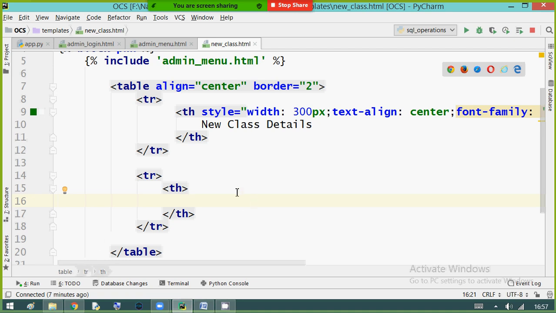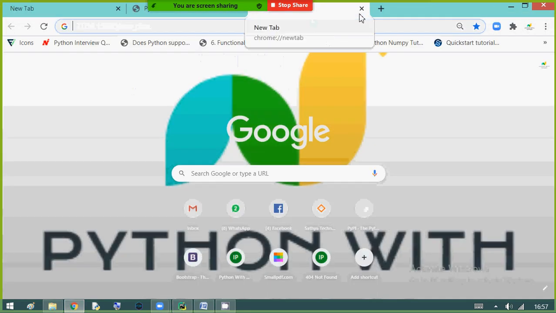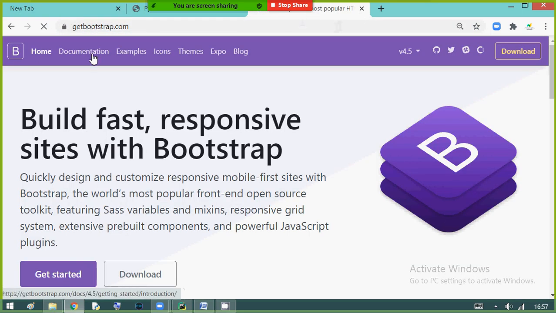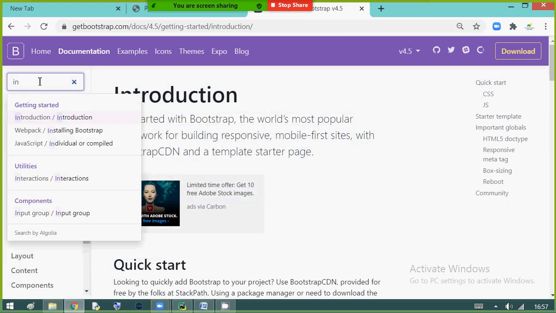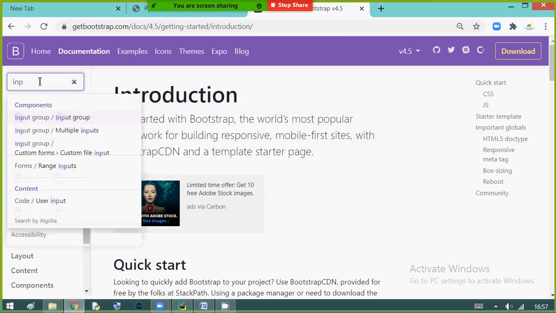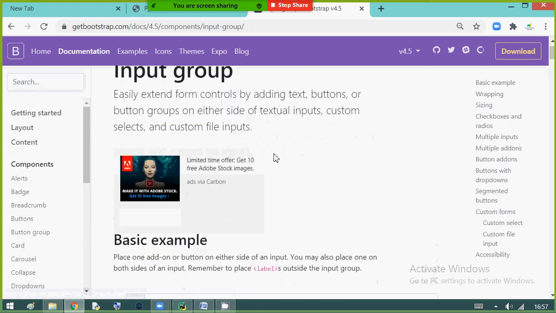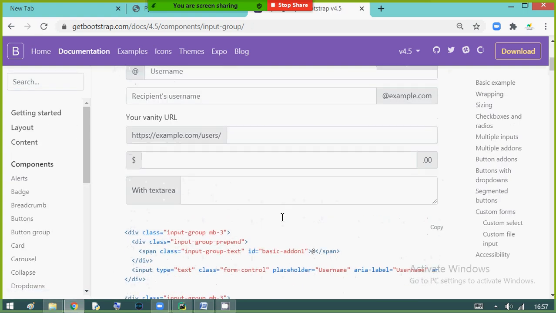Yes, these input fields we can also get from Bootstrap. In the login page we wrote our own, directly. Now I am asking Bootstrap to provide the input fields. Now you can see different input fields here. The related code is also available.